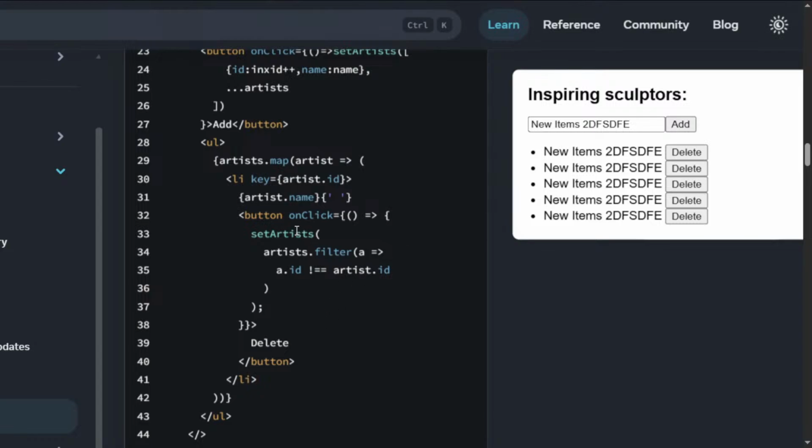On the delete button click, I'm going to create my new artist list, a new array, where my array.id is not equal to